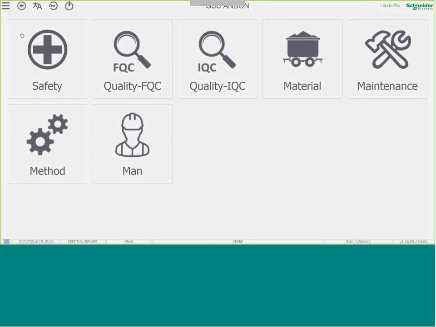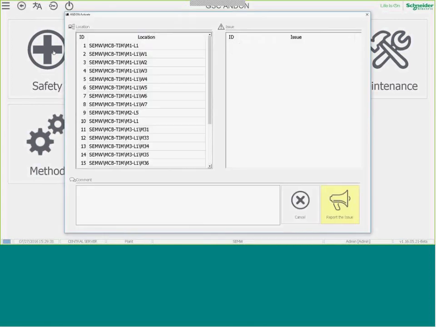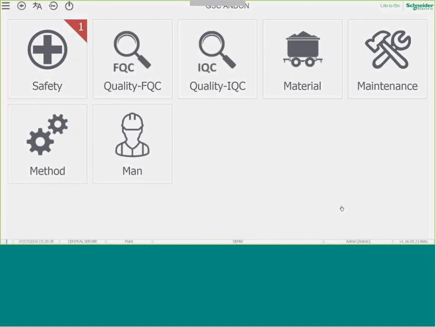You do not use the development environment from InduSoft. You do everything from the runtime. So for instance, if I want to report a safety issue, just click here in Safety, select My Line, and report the issue. If I want to make it easier to the user and say, you are always in the